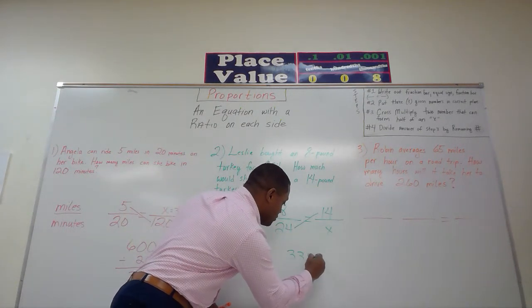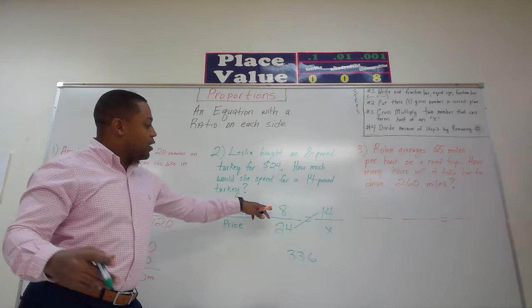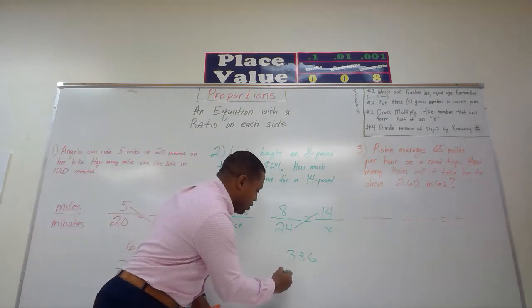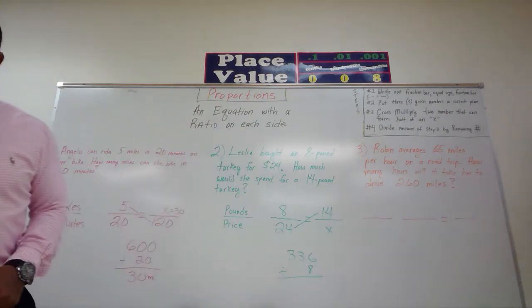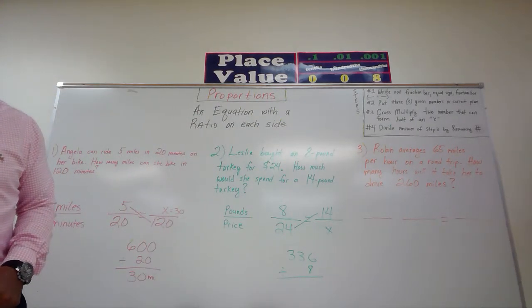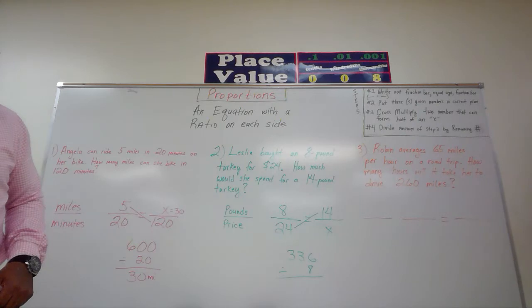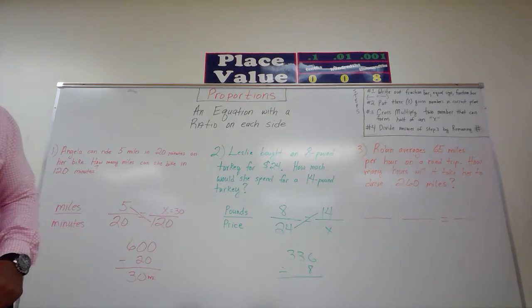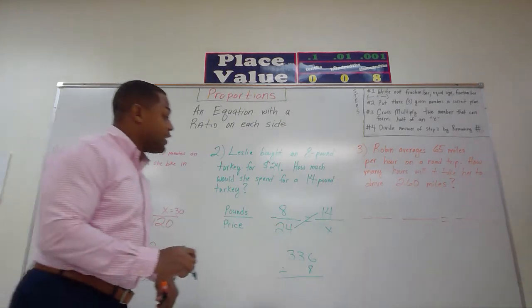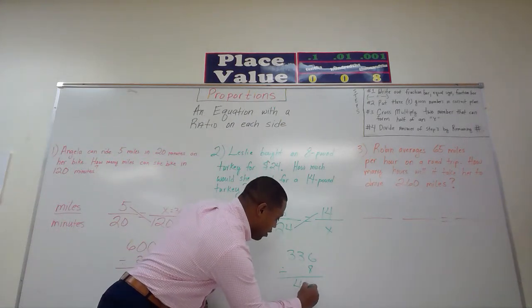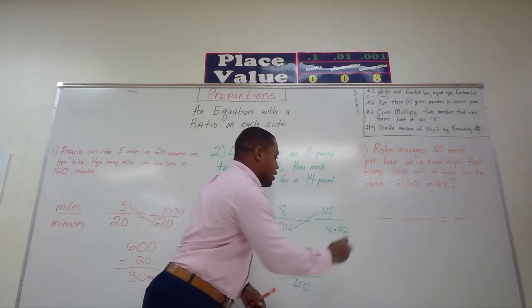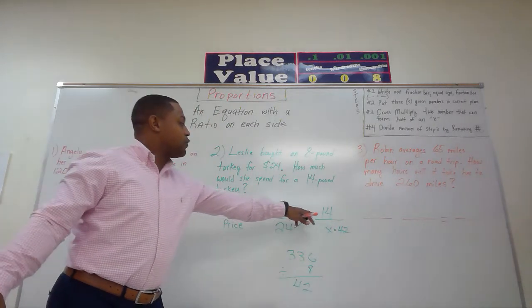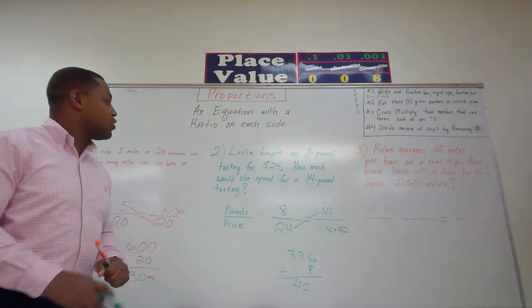336. Now we're going to divide by the remaining number, which is 8, and that's going to give us 42. All right, so X equals 42. All that's saying is that the 14-pound turkey would cost Leslie